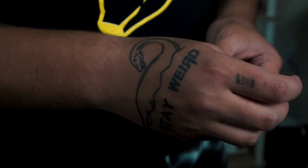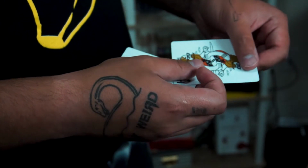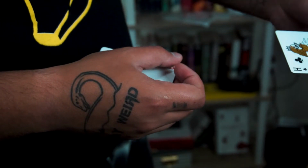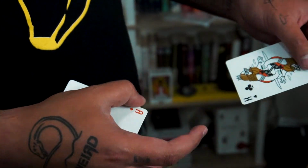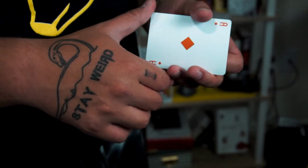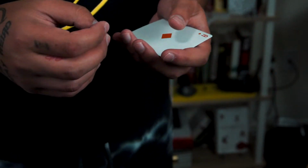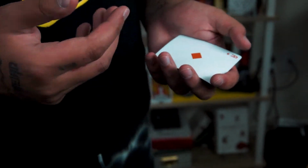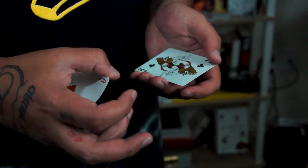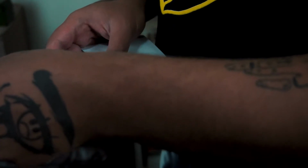I'm gonna turn away from the audience slightly, swivel, and pull away, and then go into Tenkai. So the audience sees that we're just wiping a card with our hand and it turns into something else. This was the hardest part for me to get down when I learned this trick. But in Tenkai, what you should do when doing this change and you swivel this card out, you're gonna notice